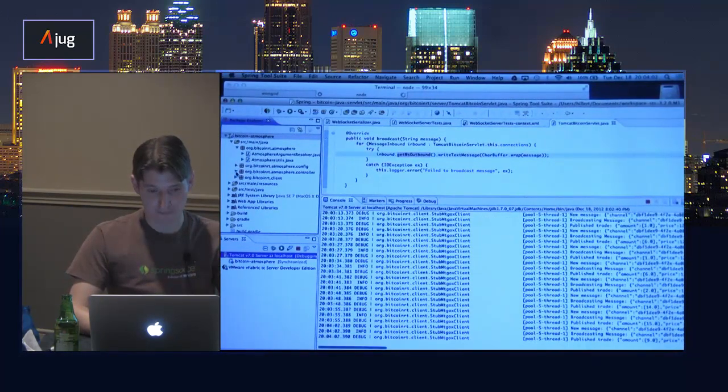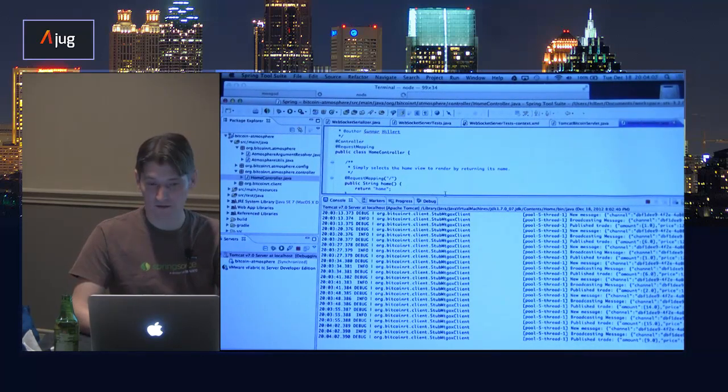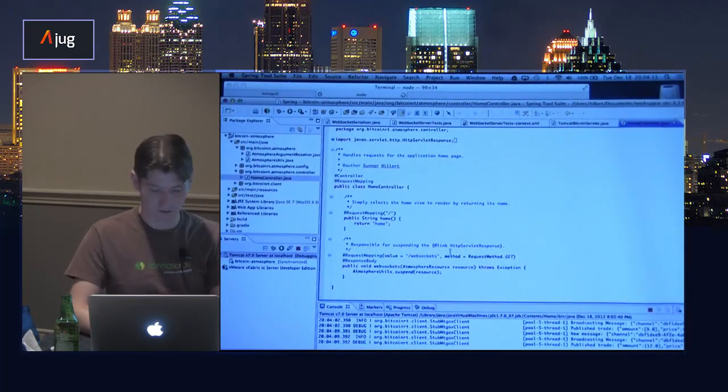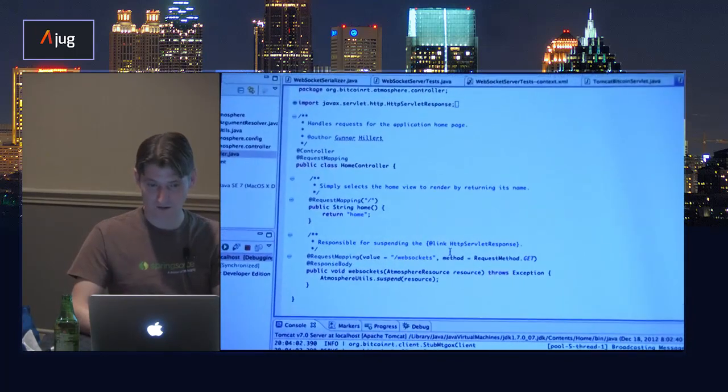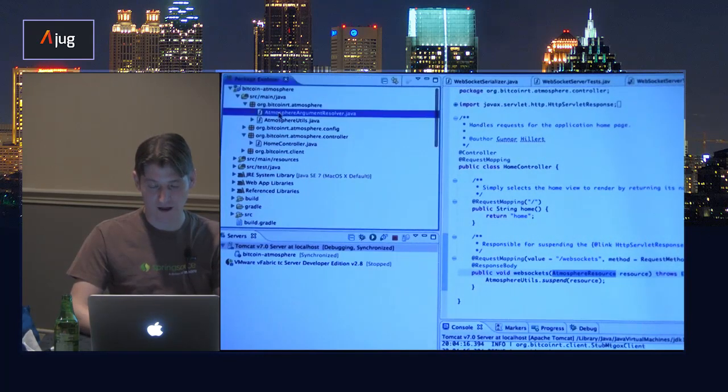We have a controller here, home controller. Nothing too fancy here at all. I'm injecting an Atmosphere resource here that you can set up using an argument resolver.